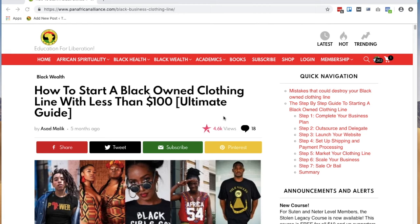A couple of weeks ago, you remember I wrote this article, How to Start a Black-Owned Clothing Line with Less Than $100. And there's a part of this article that I think I need to go deeper into, and that is how to outsource and delegate. If you're following the tips that we gave you in that article, we referred you to